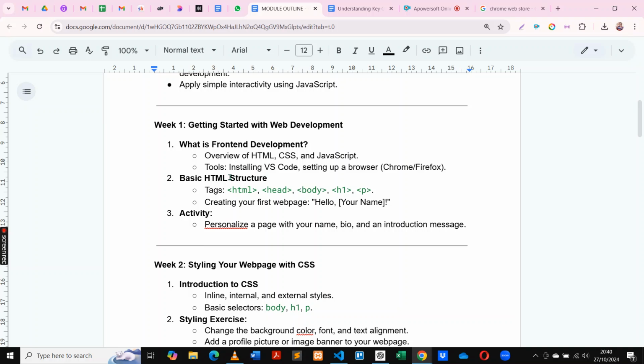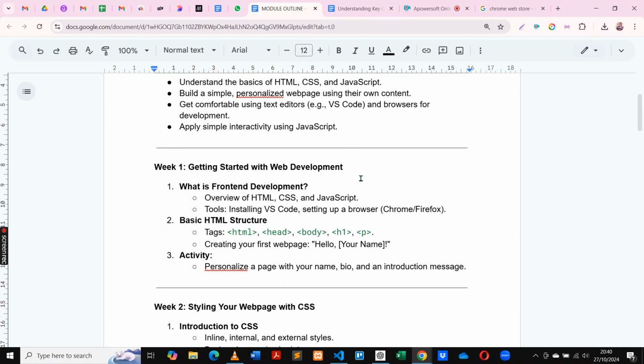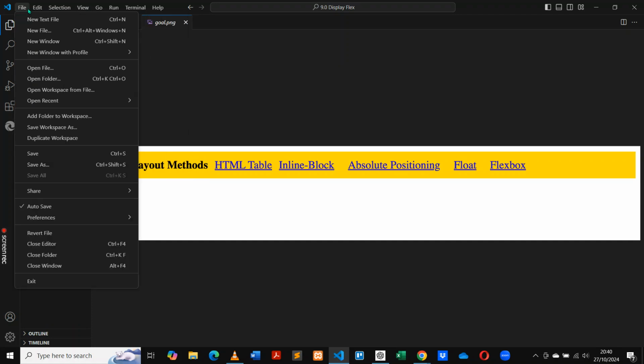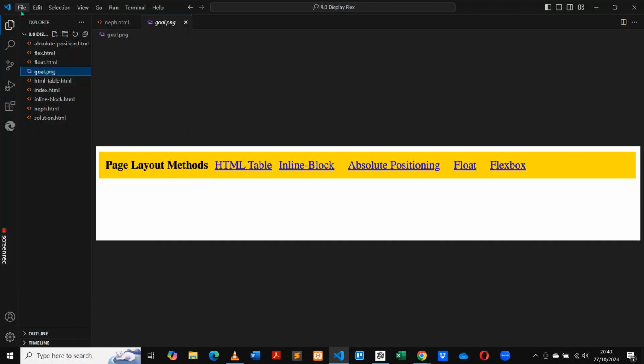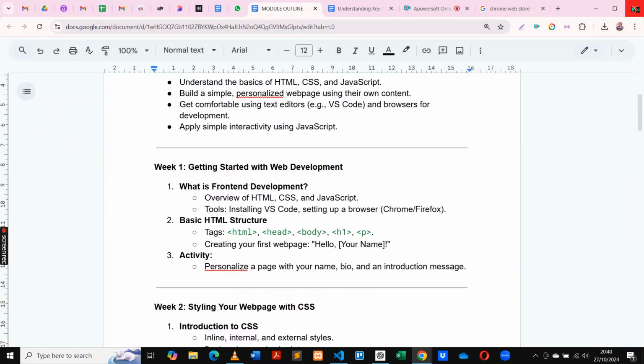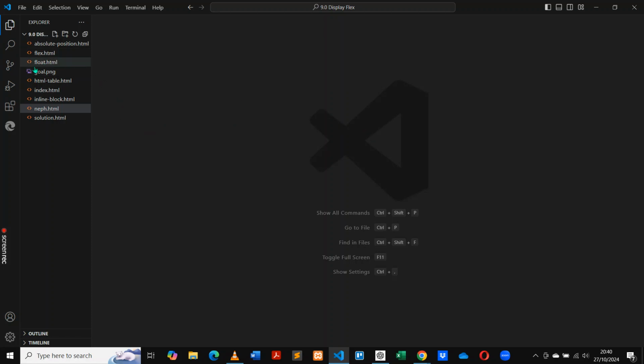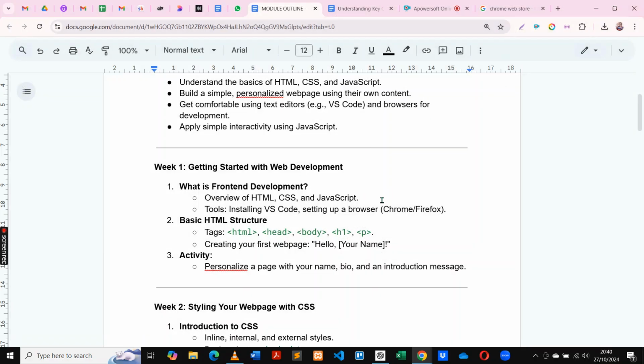You need to have VS Code as I've said. So VS Code, this is an example. This is VS Code. Let me remove everything. This is VS Code where you can put some code. So you will install it and see how it does. Then